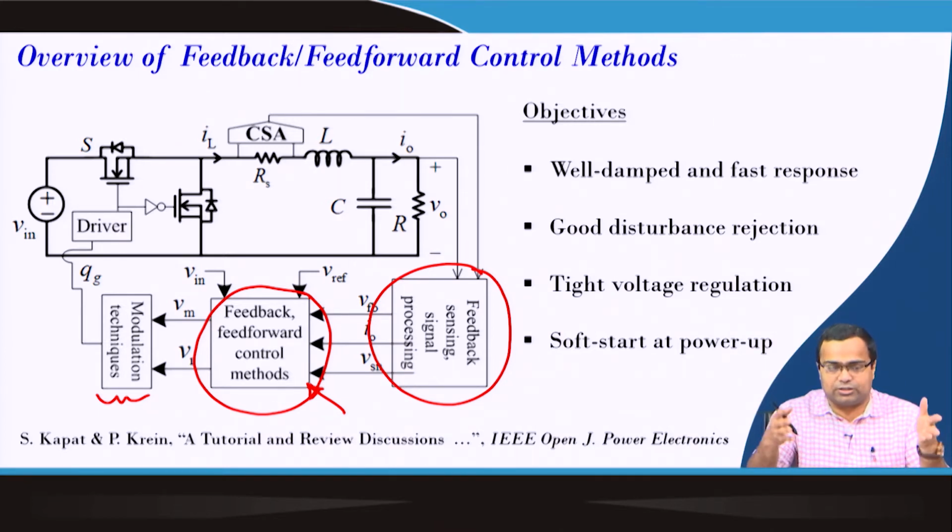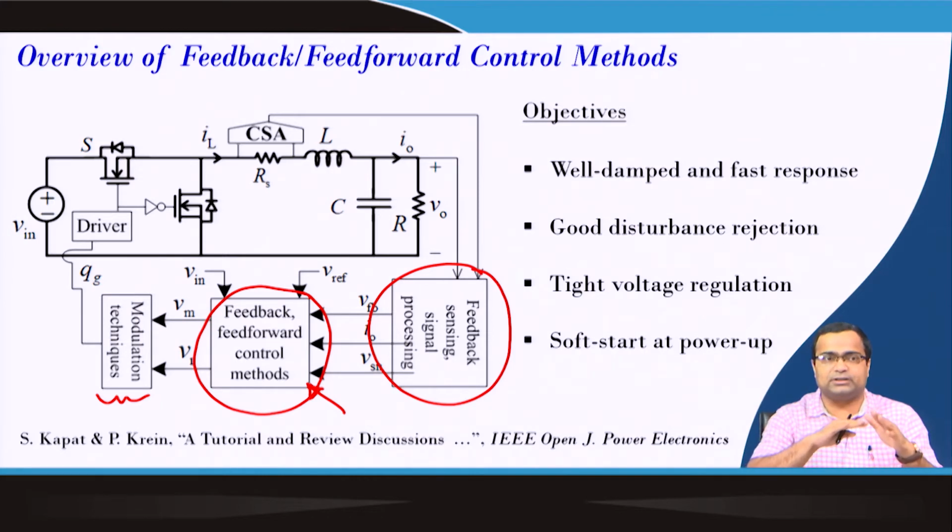And finally, I will also discuss in today's class what happens when you turn on the power supply or the converter; that is called a startup process. That means everything starts from 0, the voltage and current start from 0. So, if you suddenly enable the feedback control logic from the very beginning, then what can happen? What could be the overshoot and undershoot of the current and voltage, that also we need to discuss. And then we also want to discuss some soft start techniques, which can smoothly transfer the voltage to its desired value in spite of the feedback loop being activated.